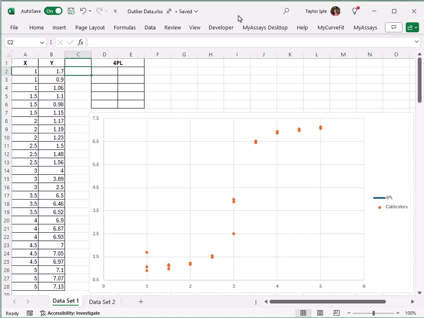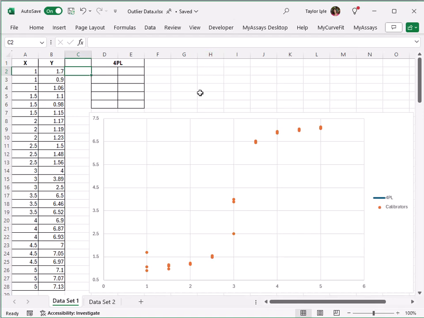You may elect to remove a replicate of a calibrator if it's outside the expected range, or an entire calibrator if it negatively impacts the fit, or if you're aware of an issue with sample preparation or execution of the experiment affecting that calibrator. I have some example data in an Excel spreadsheet with the plot data table already created